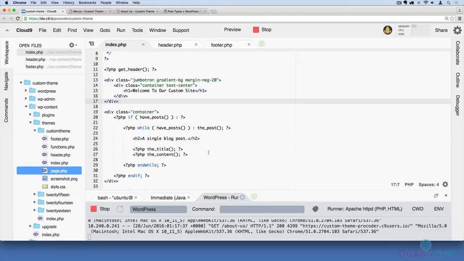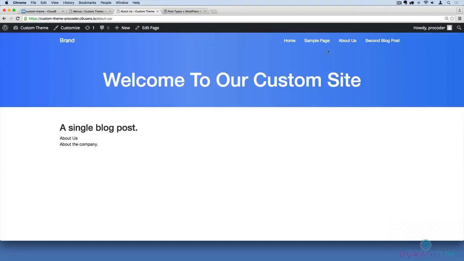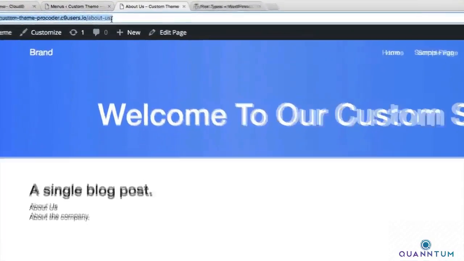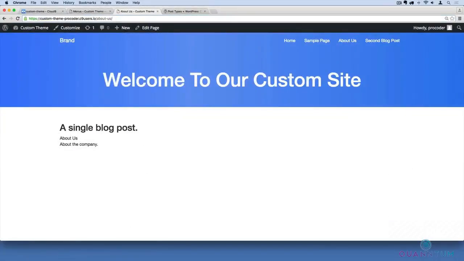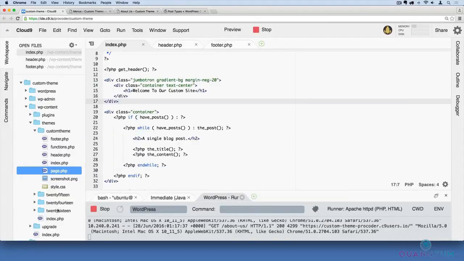Okay. So just by doing that, now when we go over here to WordPress and we click on this About Us page, or you can just refresh since we're on it already. So if I click on this, you'll see I've got a blank slate. Everything just went away. And the reason why is because WordPress knows by default to use this particular spelling, page.php,